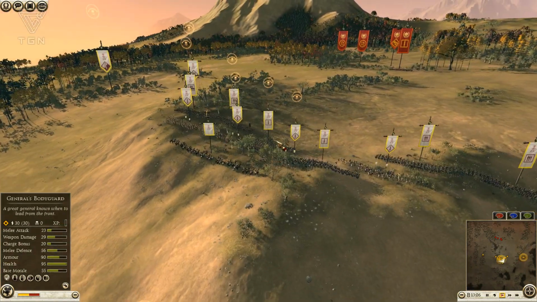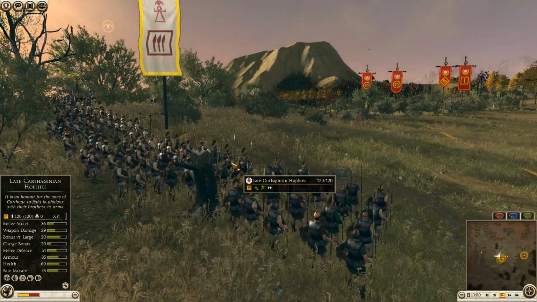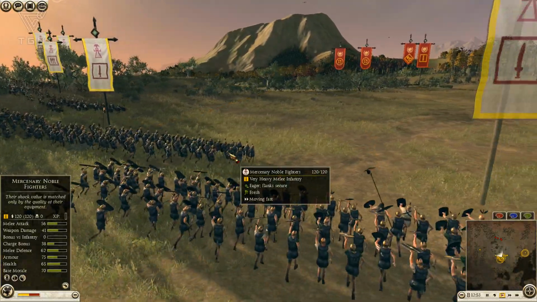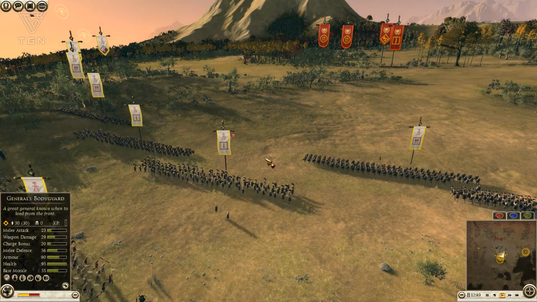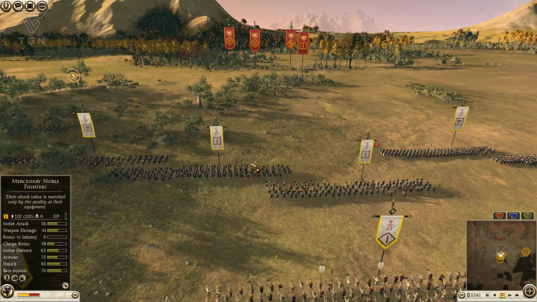Anyway, so my army is 2 mercenary noble fighters, and the reason I brought these guys is that they will beat down Roman infantry. I mean, they'll destroy them, basically. So 38 charge, 56 attack, 41 weapon damage. I mean, yeah, these guys ought to just destroy Roman infantry, unless it's a Praetorian Guard, or Evocati cohort, armored legionaries. So basically, I was hoping that my opponent didn't bring a whole lot of...